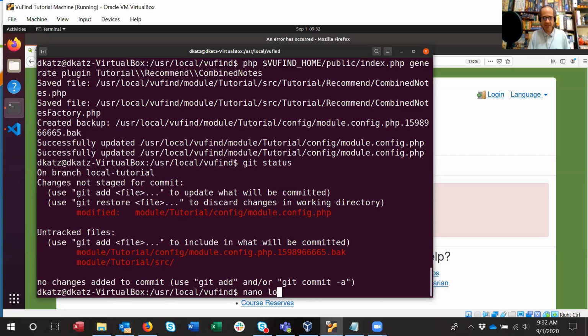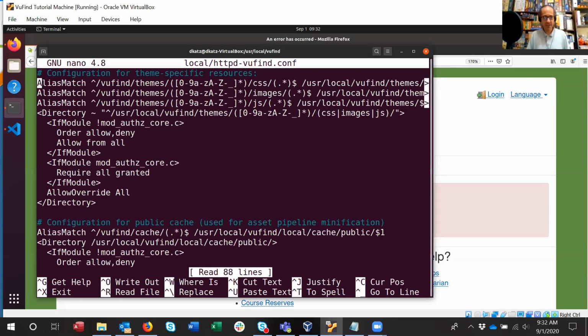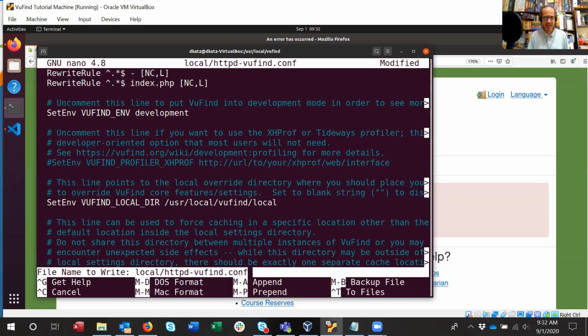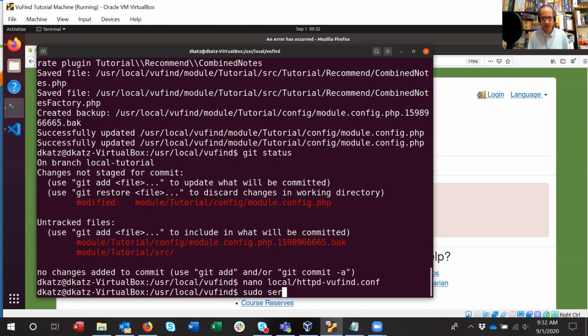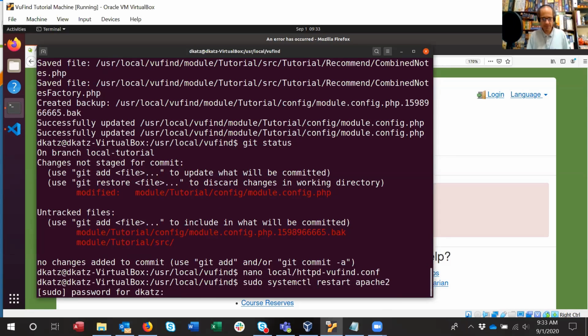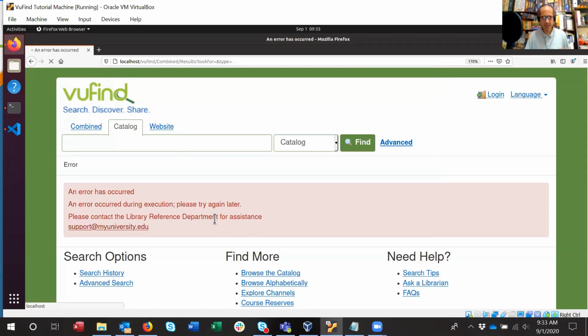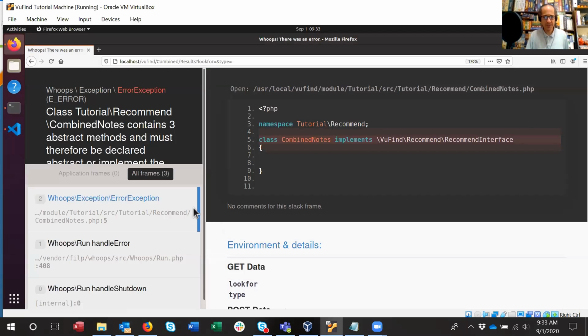If I edit the Apache configuration in local/httpd-vufind.conf and scroll down a little bit, there's a commented out line that says SetEnv VUFIND_ENV development. If I uncomment that and then restart Apache, now VuFind is in development mode. And if I refresh this page, I get a much more useful message,